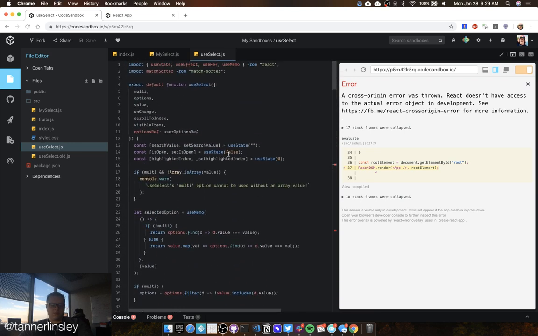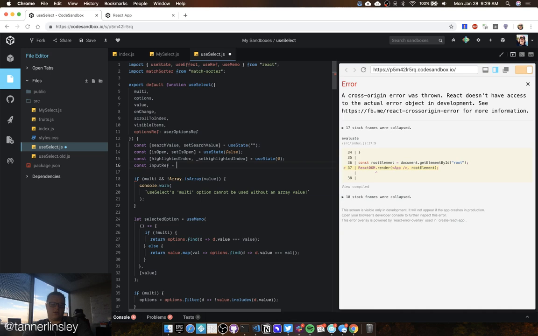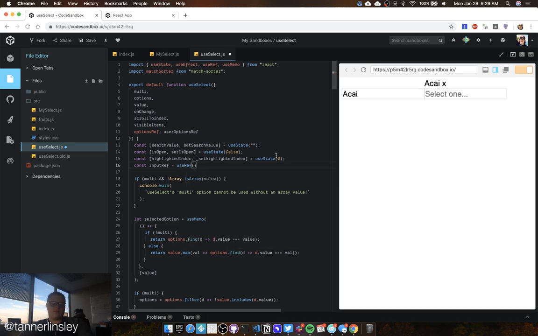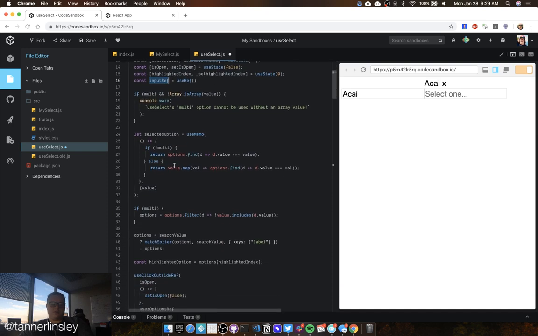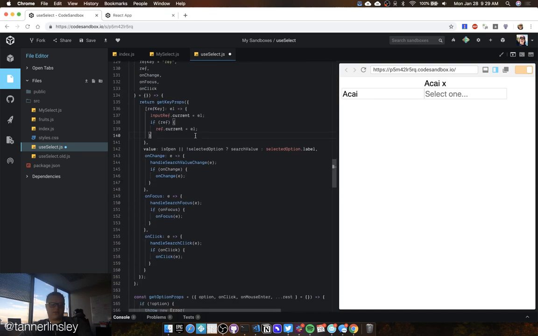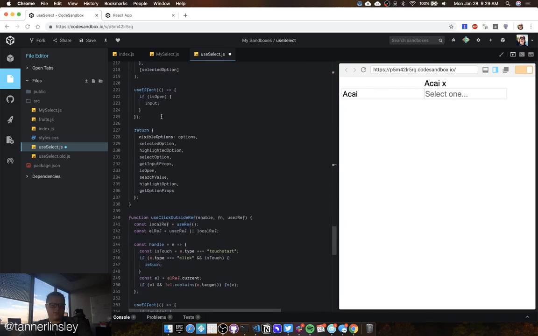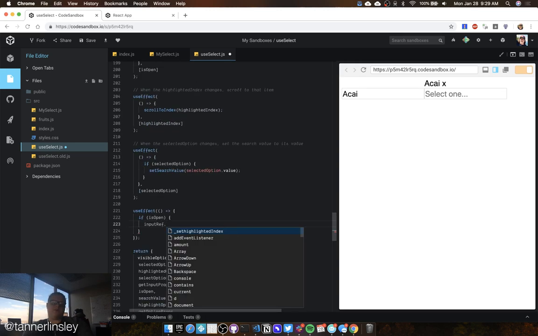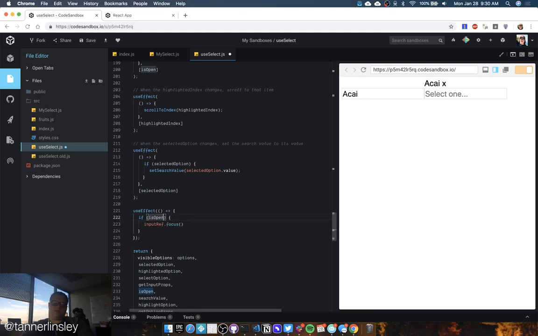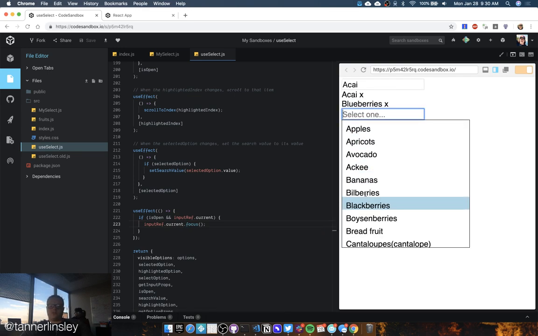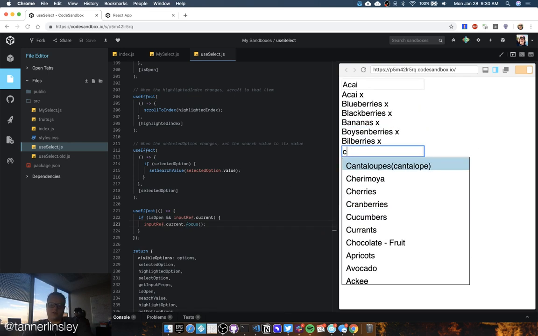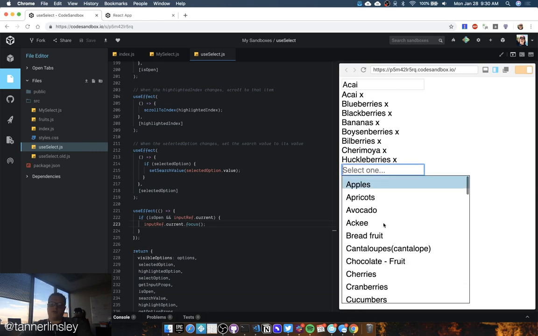Input ref doesn't exist yet, but we can do that up here. So we'll say const inputRef equals useRef. Now we can focus that input ref. So in our effect down here, if it's open, then inputRef focus. And really we want to, if isOpen and inputRef.current. There. So if it's open and we select blueberries, it's always focusing. Even if we click on one,